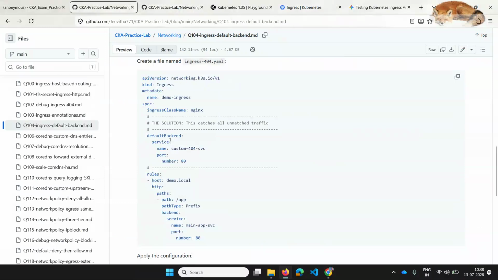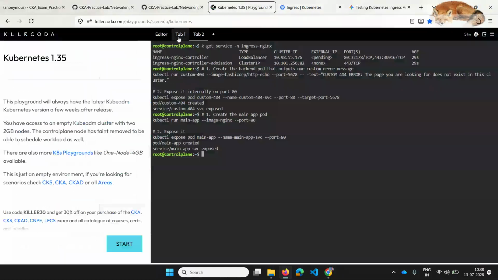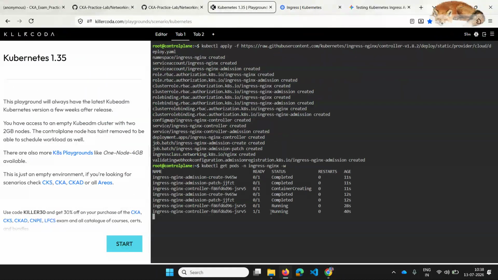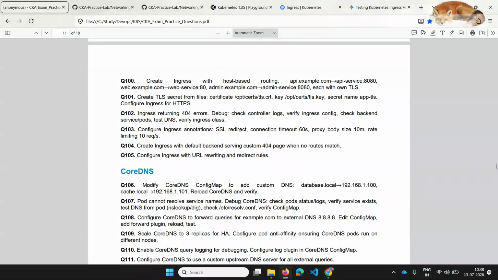The ingress class name you can mention as nginx, because now it is running. If I verify with k get ingress class, my ingress class name is nginx, so I'll use that. That particular controller will handle this request.